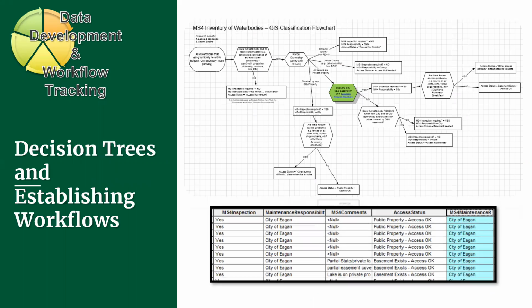Here's an example of one of the diagrams that we use. This is something we've created for our MS4 pond inspection and storm inspection process. As you can see, maybe not in the detail, there are various steps along the way, and it gets to be very complex. What's really nice is you can build these diagrams and get all the people involved that need to be involved in the steps along the way, and then translate that into where GIS comes into the picture. In this example, the GIS data is showing us what is a city-owned water body that we need to go out and inspect.